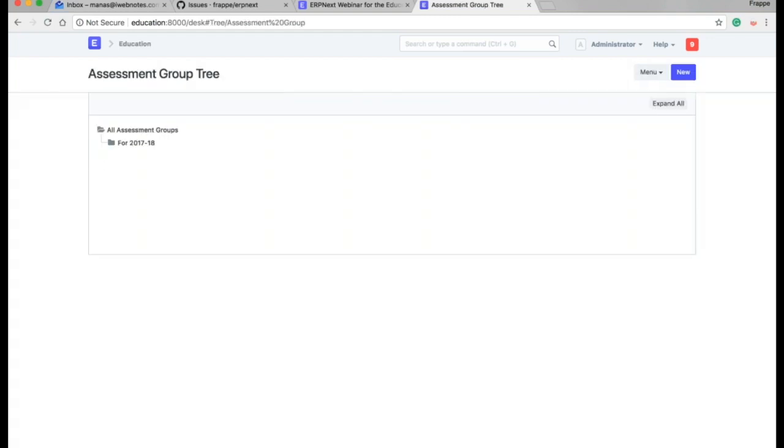The assessment group is a kind of tree structure. If for a particular program you are having three examinations, like unit one, unit two, unit three, or if you're having different terms like assessment 1, assessment 2 for a different term, you can create it like this. When you are creating the assessment plan, you can create for the end nodes or for the group, but while fetching the final reports, you can have the reports on the basis of these groups or the nodes. I have already created this assessment group for 2017-18, and for term 1